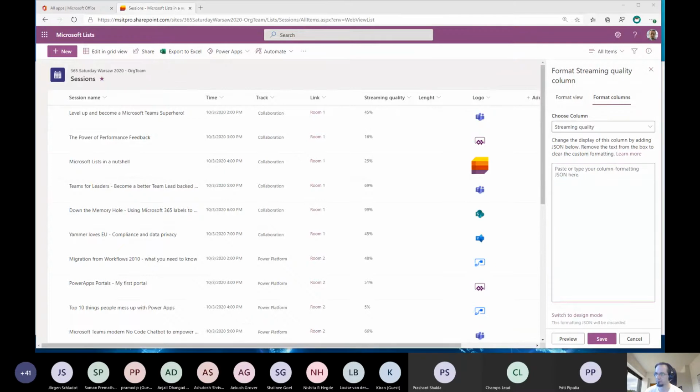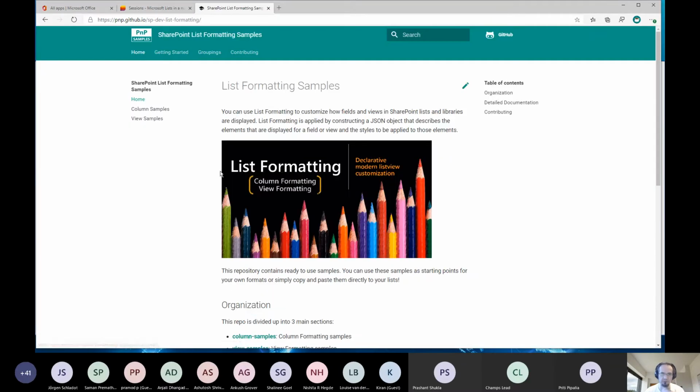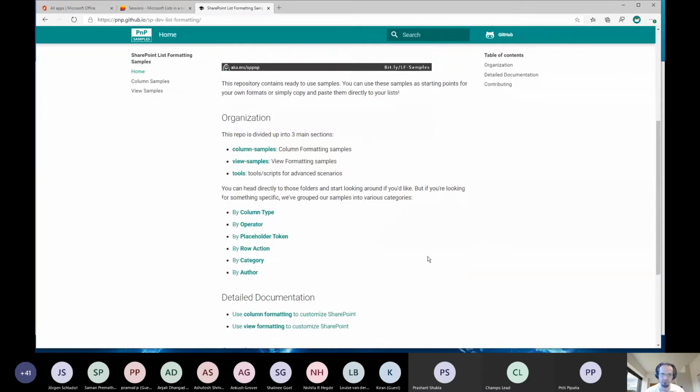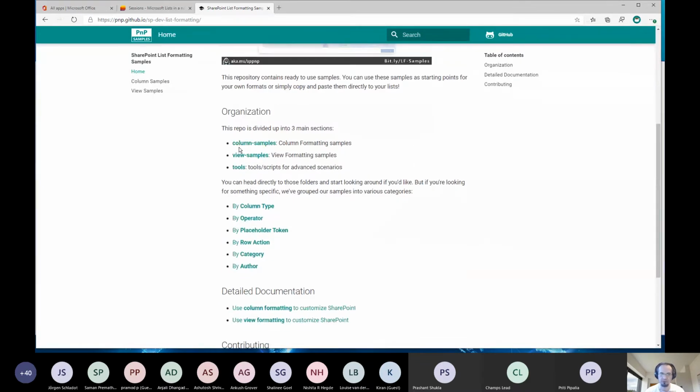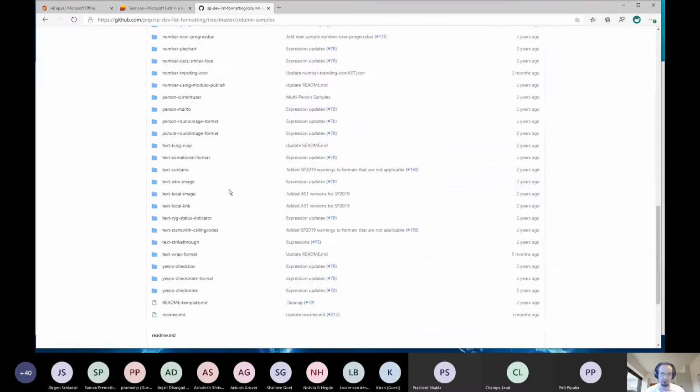Where is my link? And this is it. There's the very great PnP samples, a great repository for column and for view samples. If I go to column samples, there's a lot of samples.